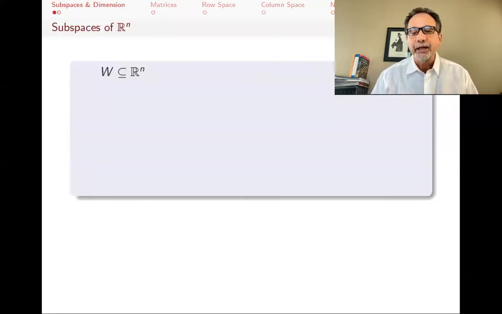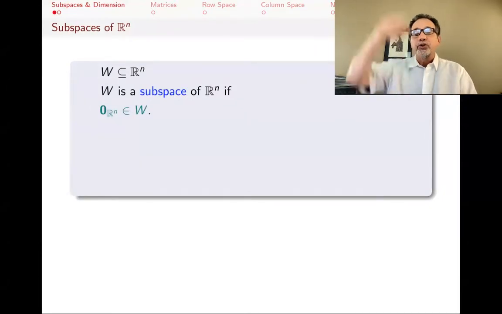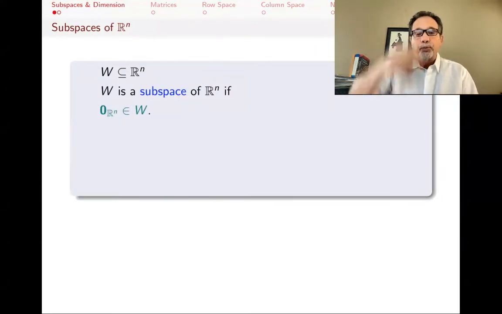Before I talk about matrices and vector spaces associated with them, I want to remind you of what subspaces are. And I will limit myself in this lecture to subspaces of Rn. So if you have a subset W of Rn, then it's called a subspace of Rn if it satisfies three conditions. First of all, the zero of Rn, the n-tuple with all zeros,